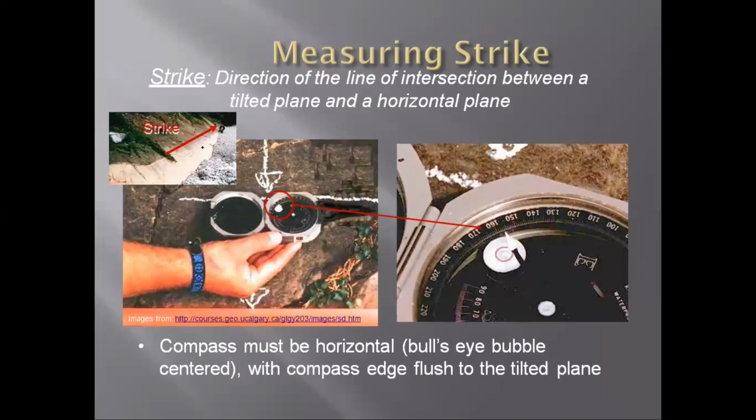Measuring the strike, as it has been discussed, we have the direction of the line of intersection between a tilted plane and a horizontal plane. And you can see that this guy has drawn a line. So they have drawn a line here, and because we are doing an exercise, you can also do this. You can bring a chalk with you, and if you feel that a parallel line should be drawn along the direction in which this rock unit's strike lies, then you place your Brunton compass with it